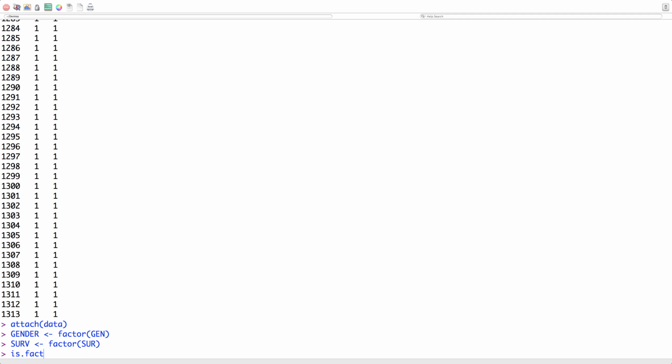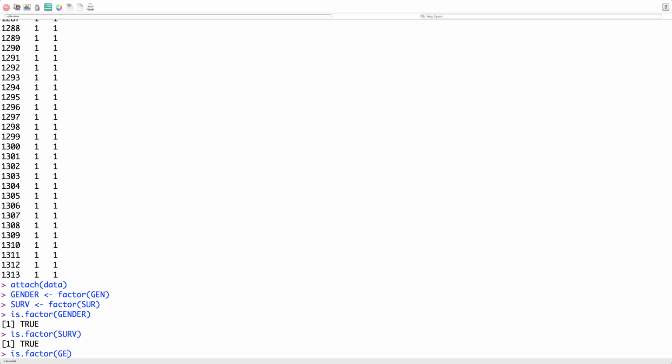So I just like to always check things, make sure that we do have a factor. And survive is a factor. And just to make it clear, if I look at gen, it's not a factor. So guys, I have to tell R that these represent not counts but really placeholders and factors. Well, gang, it turns out it's really easy to do. What we do here is we're first of all going to